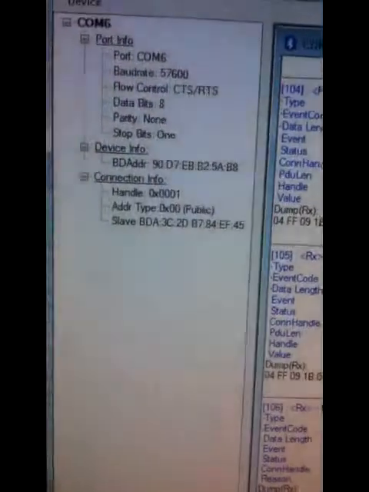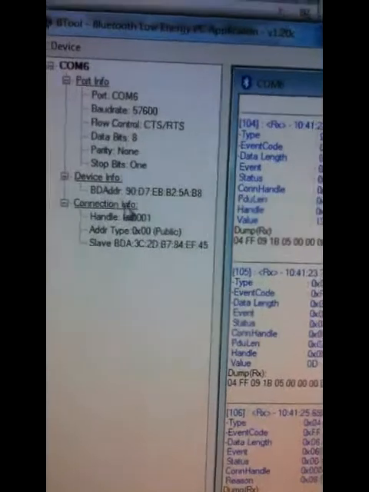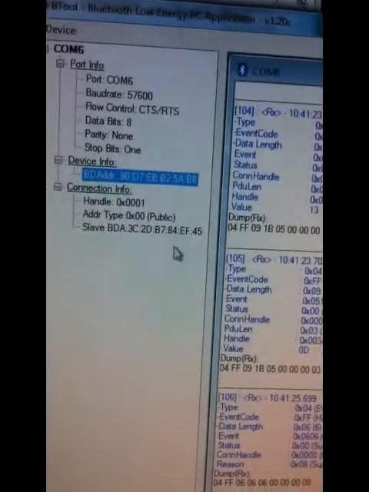So we have got a basic proximity detector, and we'll have to reconnect this device to our console. As you can see on the console, we have lost connection to one of the devices. There is no connection handle associated with the